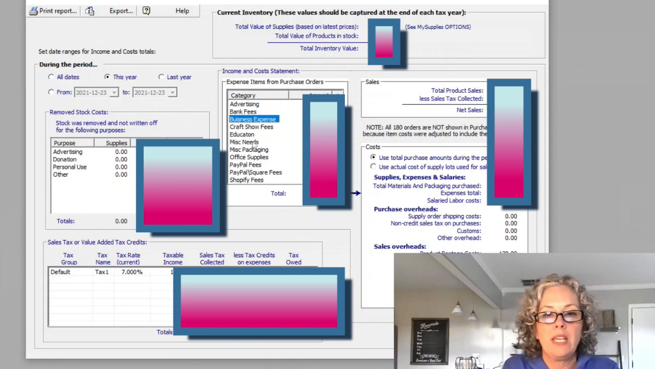It kind of matters to me, and I can go back and look over the years to see where I'm at with all of these expenses, or even by quarter, I can kind of figure out what I'm spending on education. And then my sales is total product sales less the tax collected, and then my net sales. And then down here,